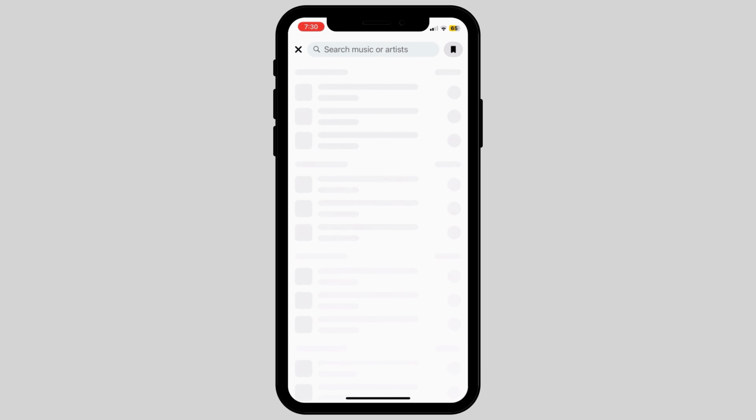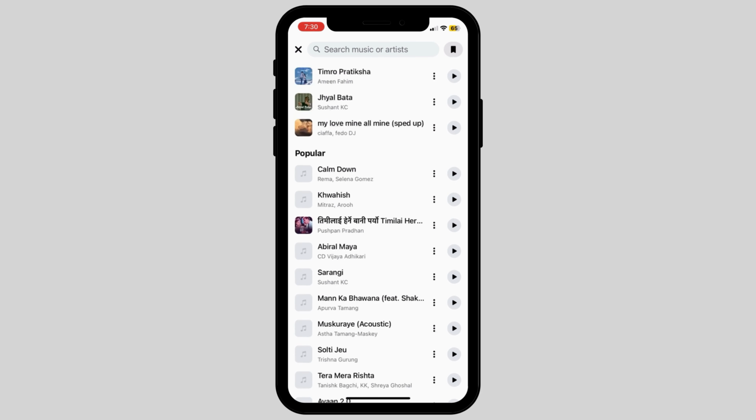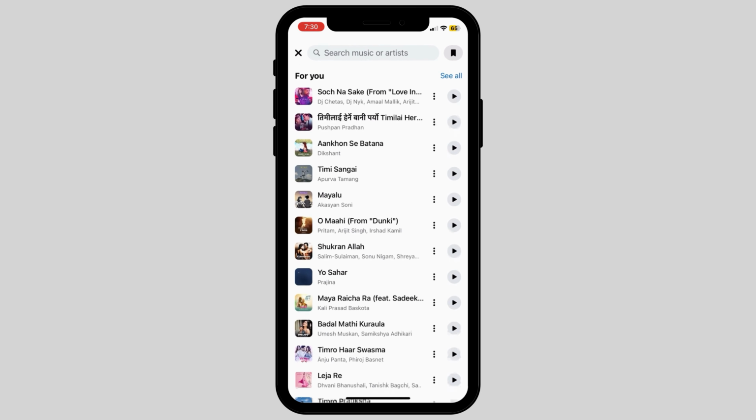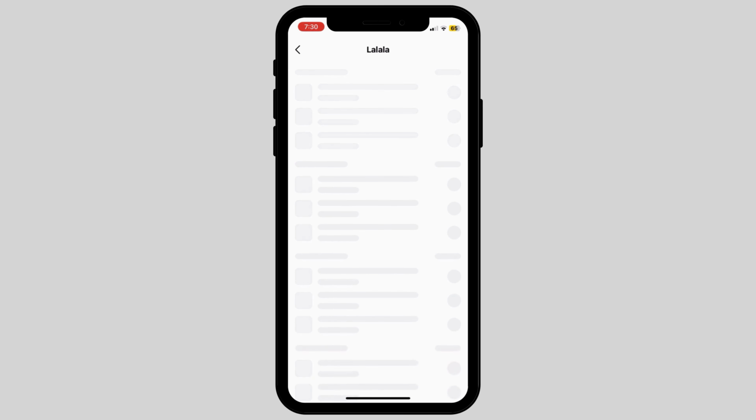a music option. Click on the music option and here you can see plenty and plenty of music options to choose from to add on your post. You can also search music or artist by clicking on the search bar at the top. Here, enter the music that you would like to attach to your post and then click on see results for